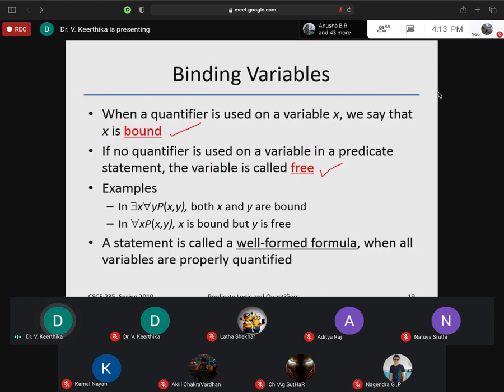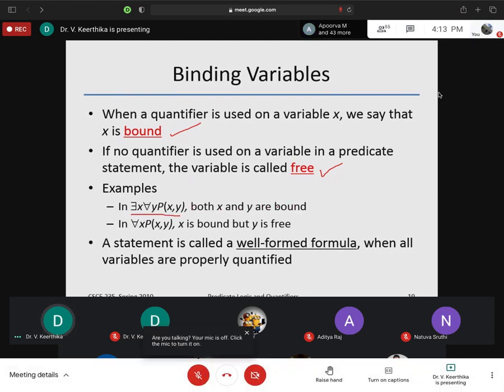So if no quantifier restricts the variable, we call it a free variable. Here you can see both x and y are bound. Both have a quantifier, even though it is a different quantifier, so we call them bound variables. Which are the bound variables? x and y.